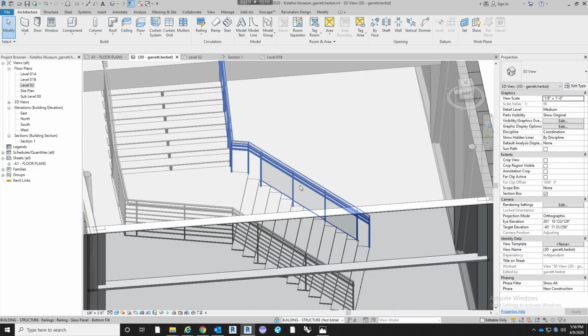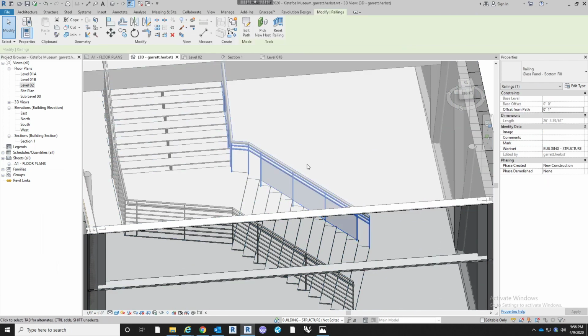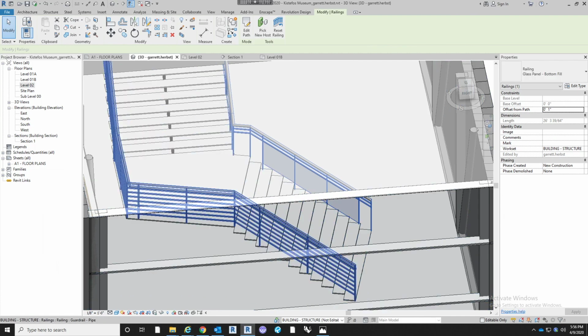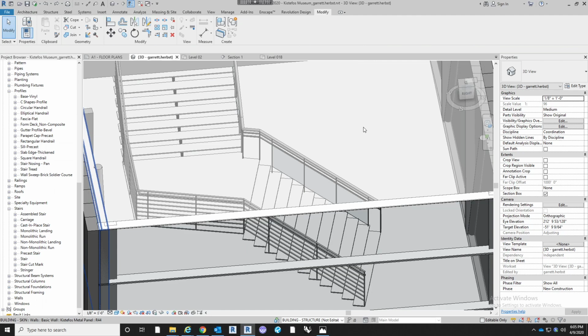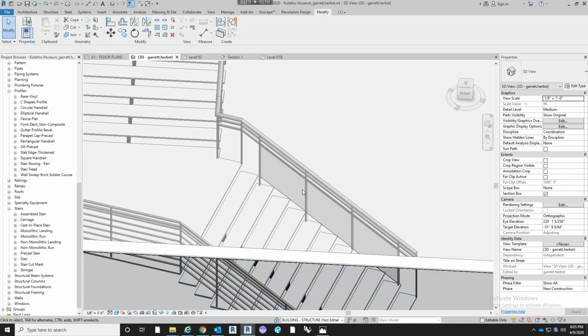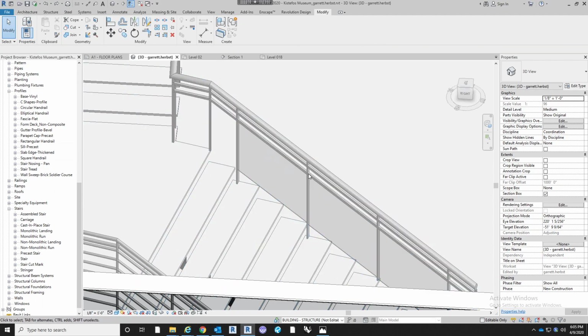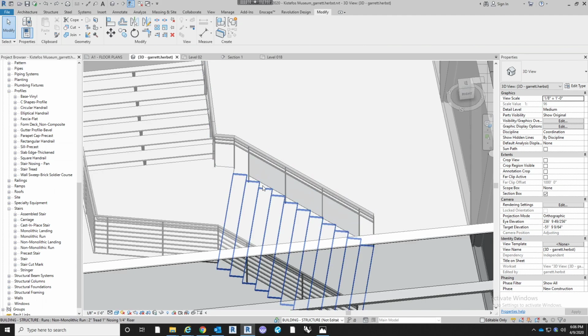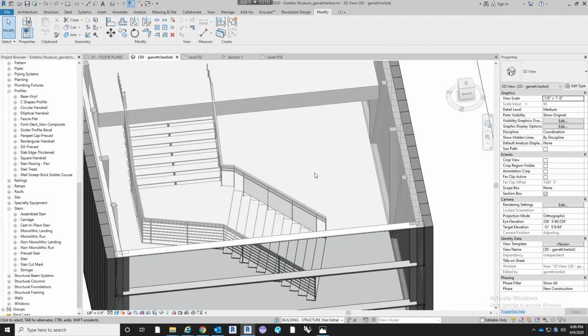It doesn't resolve the middle like it does for the horizontal pipes. So yeah, the problem with this is that it's essentially creating this glass panel as a baluster, so it's reading it as this vertical element, and so when it doesn't compute the same distance that it is built around, it just doesn't create it. And so what we're going to do is, instead of creating it as a baluster or a post element, we're going to create it as a rail element. And so that it's a continuous element all the way through